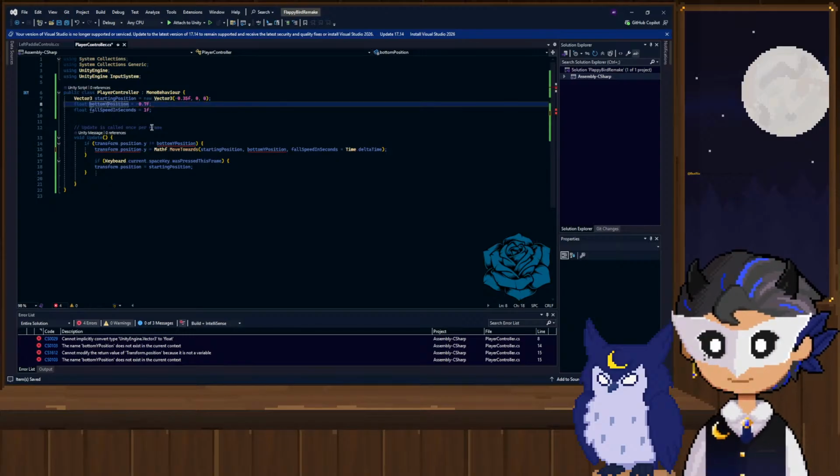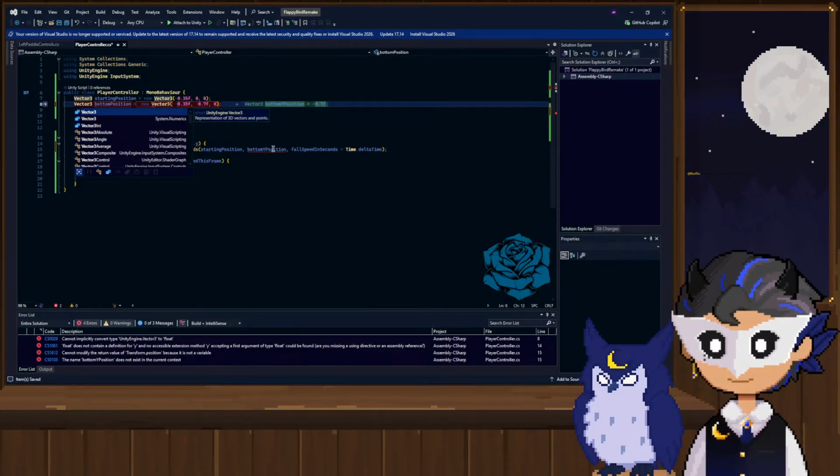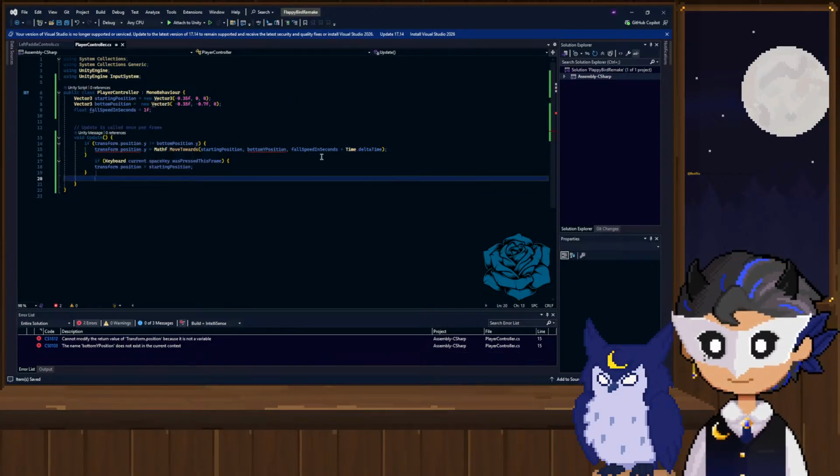What was it? It was 7, right? 0.7, negative 0.7? 0.7, okay. And we'll do this as y value. And this is a vector 3 as well. And then we'll just do